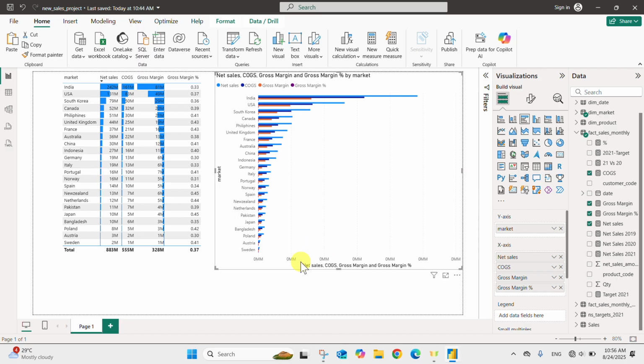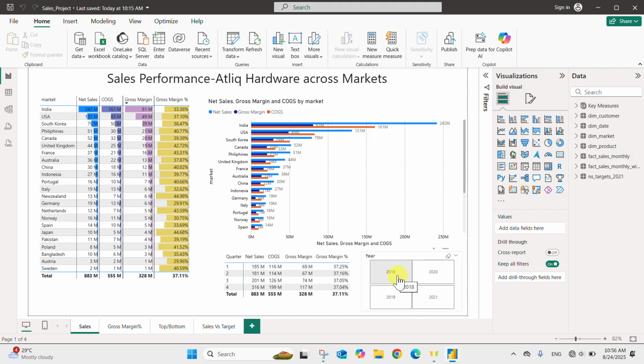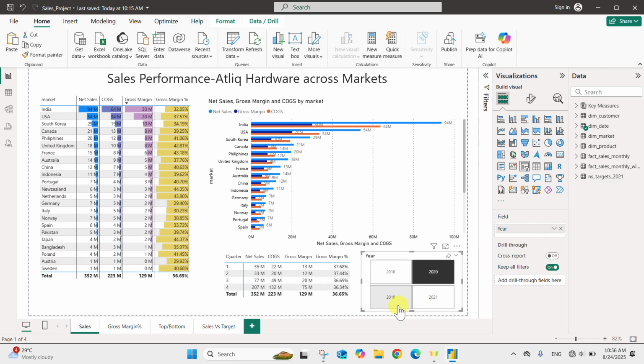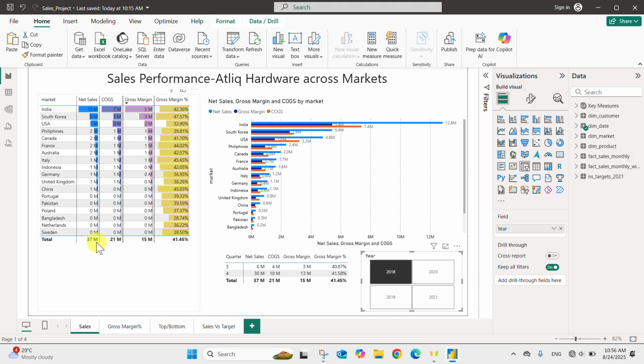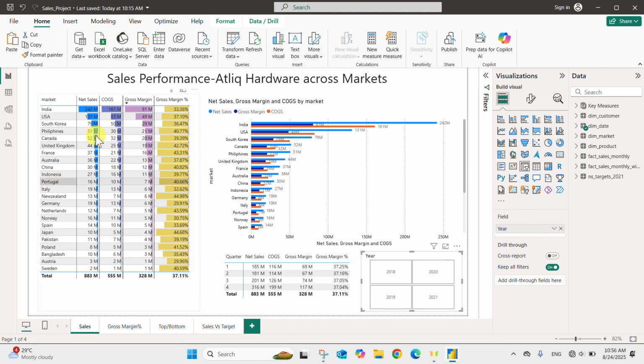So in this graph, there are changes like 0 million, but if we change it in the form of million, we get the correct result. Again, what is the other thing which we are expecting? The slicer formula. When we change years, everything is getting changed. So we have changed 2020, the countries has increased to 350 million. 2018, it is 37 million. 2019 is 147 million. So this is the total report of all the 4 years,